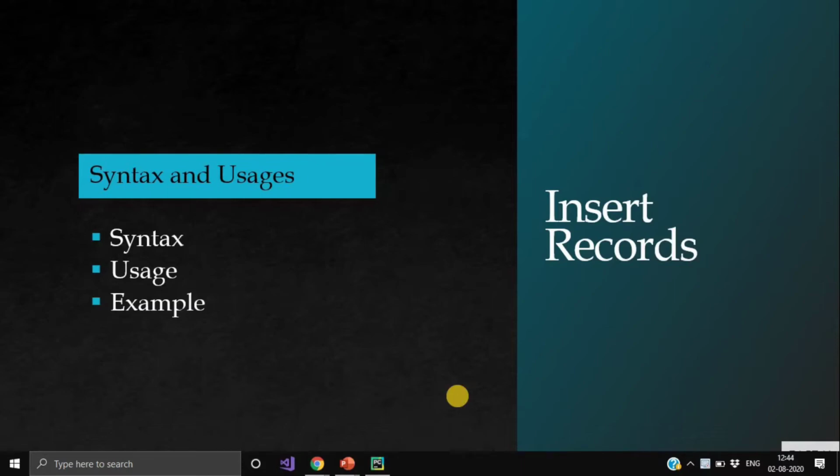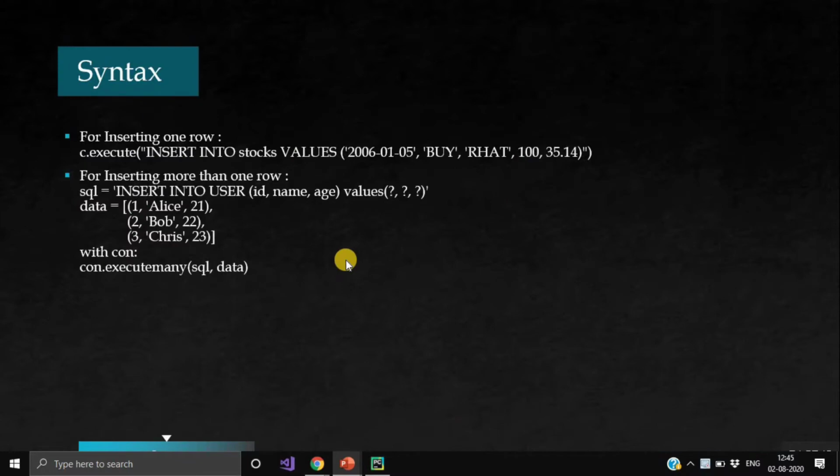Now we will see how to insert records through a Python program. So this is the syntax for inserting records into your table using a Python program. As you can see, the syntax is insert into table name, then you mention the column names, and then you mention the keyword values and you write this symbol of question marks, which is equal to the number of